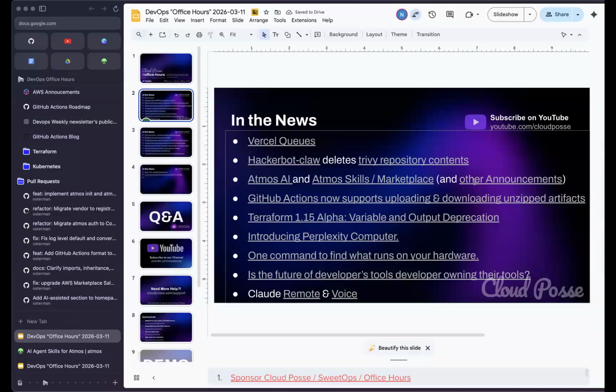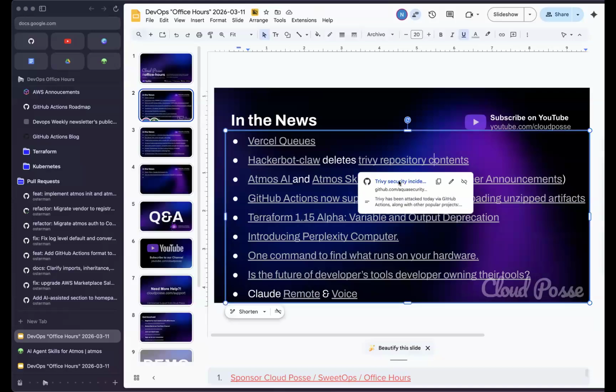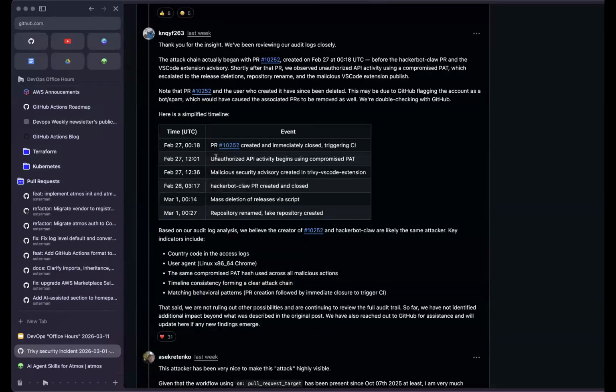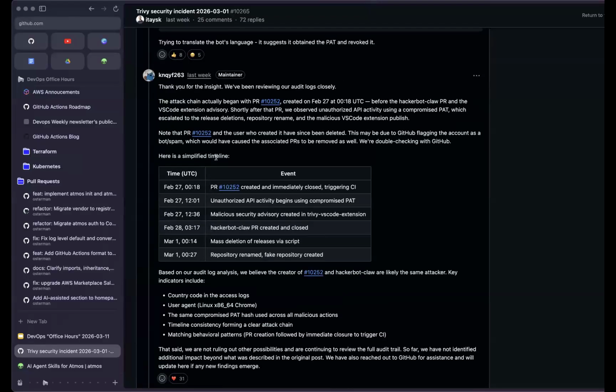This has notoriously compromised the Trivy repository. So if you had checked this repository just around when I had originally got this announcement, the Trivy repository was empty. And there's some irony behind this because Trivy is a security scanning tool.